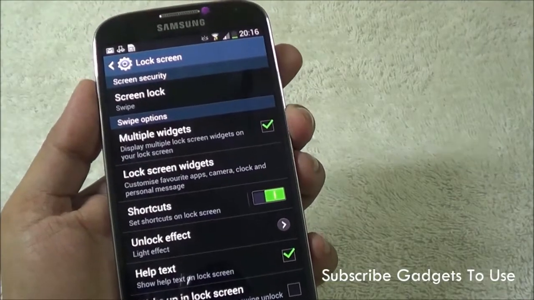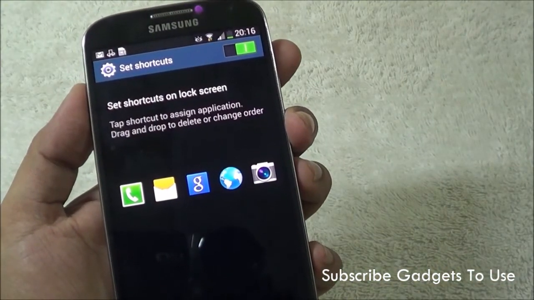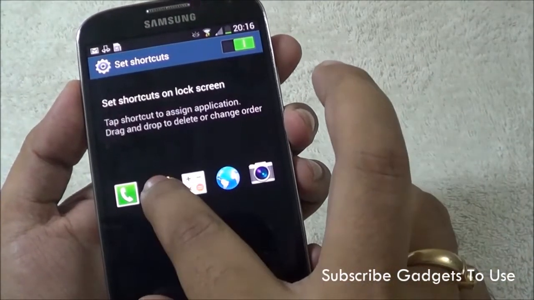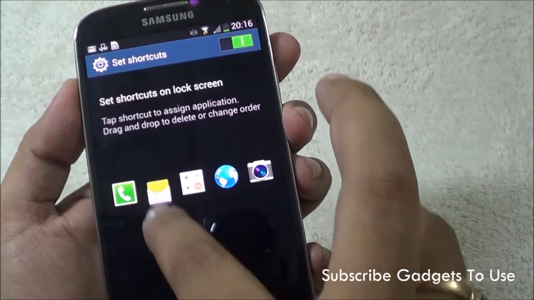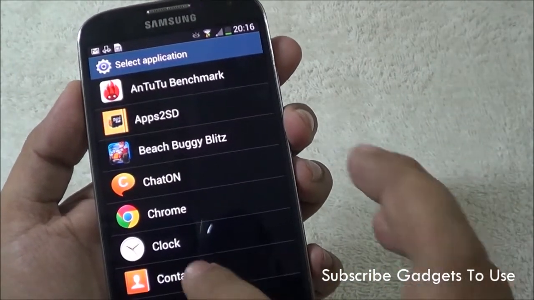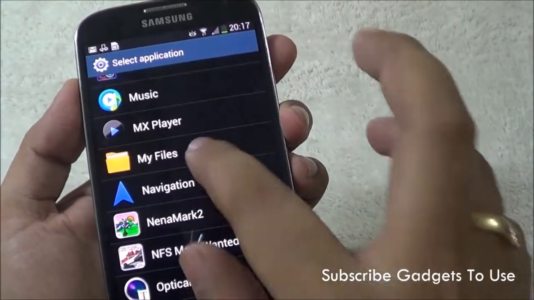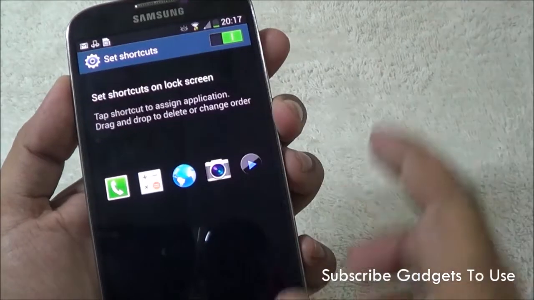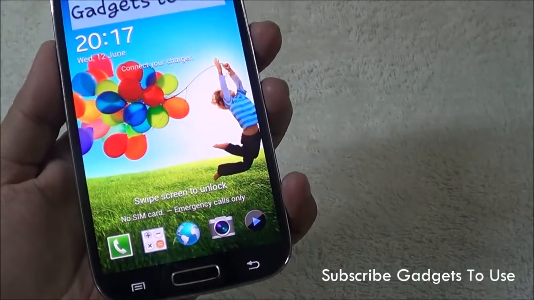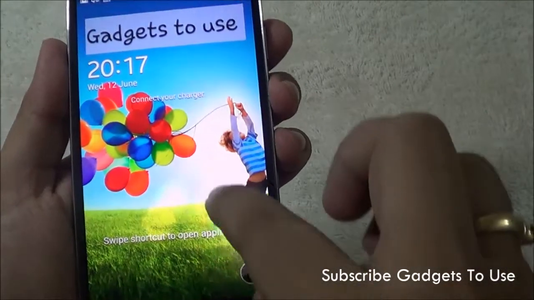Now when it comes to the shortcuts which you can place on the lock screen, by default you have these applications supported for the shortcuts. You can always add more applications in these. So basically you need to tap and then delete it, and if you want to add more applications, you can specify a maximum of 5 application shortcuts. All those applications which are installed on your device, you can place them on the lock screen itself as a shortcut, and once you do it, you will see the changes come into effect. So if we go to the lock screen now, we have the default applications which were there, and we have added MX Player as of now on the lock screen, so we can easily launch MX Player directly from here.